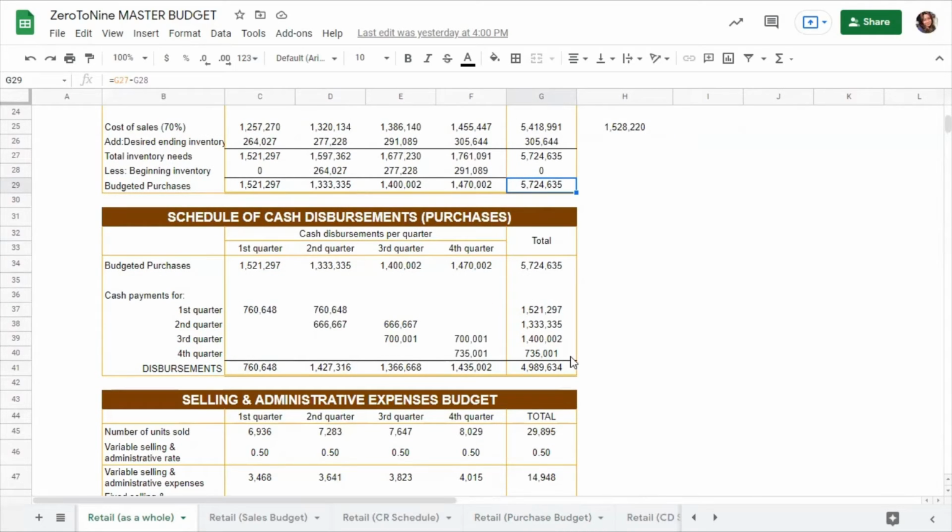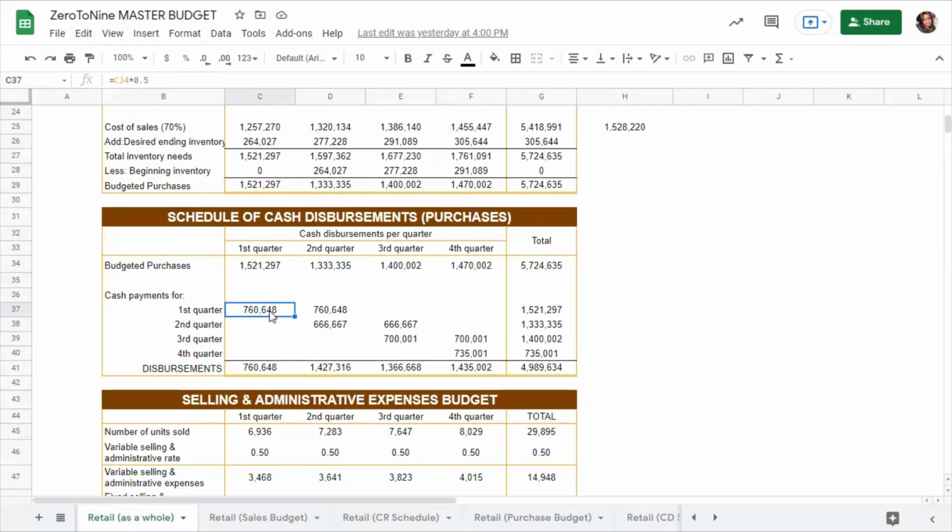Now let us discuss the schedule of cash disbursement. To determine our cash disbursement per quarter, we first plot the budgeted purchases per quarter we computed earlier. We just link that cell to this cell. Same process, just link it. And then, for the first quarter, our cash payment is 760,648